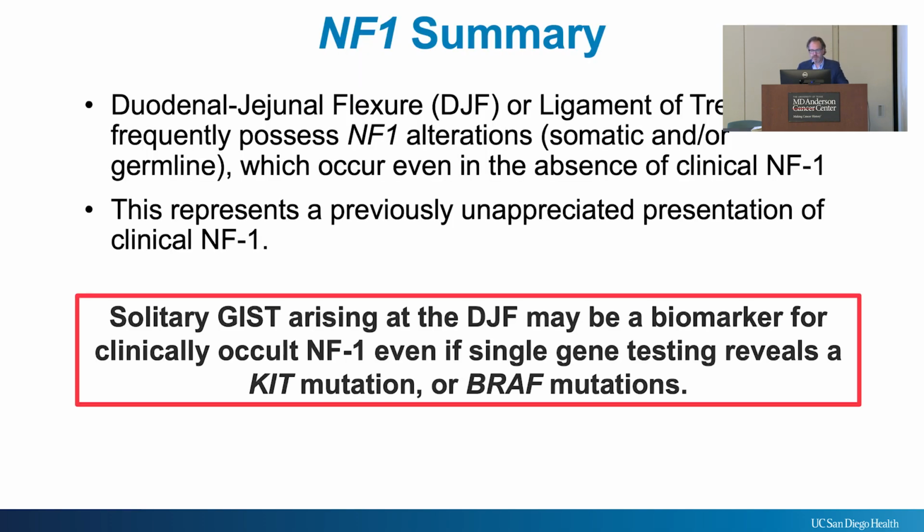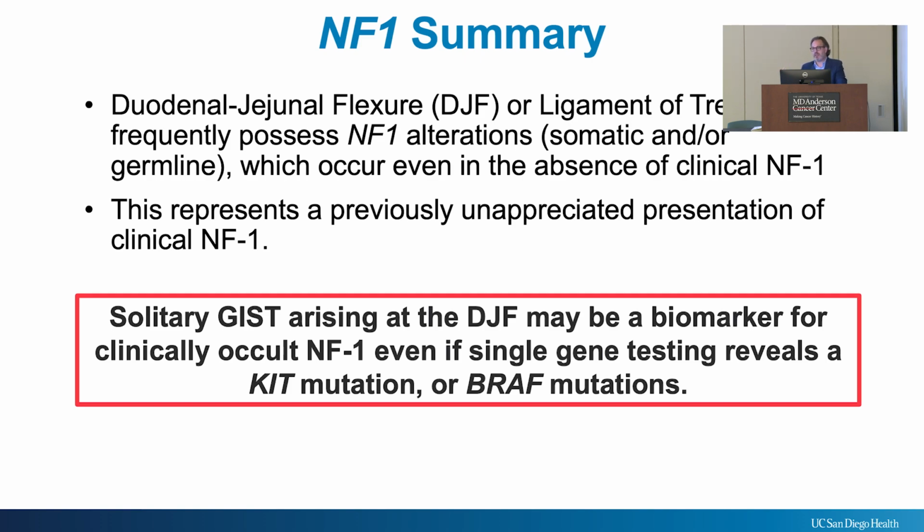So what we learned from this study was that this duodenal flexure, which surgeons will often call the ligament of Treitz, is where GIST frequently occur, and they have mutations in this NF1 gene, whether somatic or germline. One of the other things we learned while evaluating this is that some of these patients didn't have all the syndromic features of germline or inherited NF1,